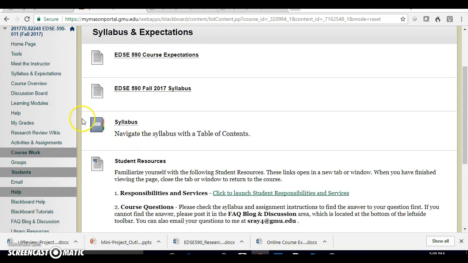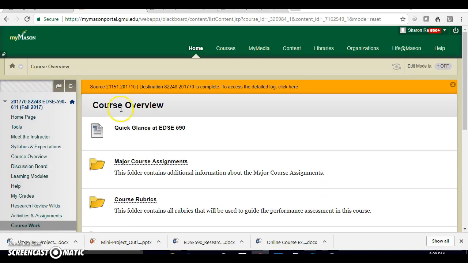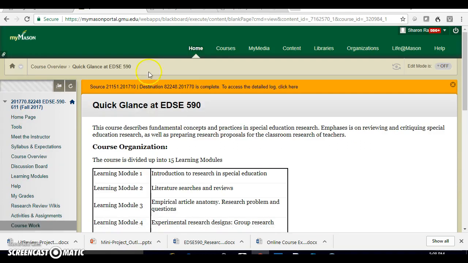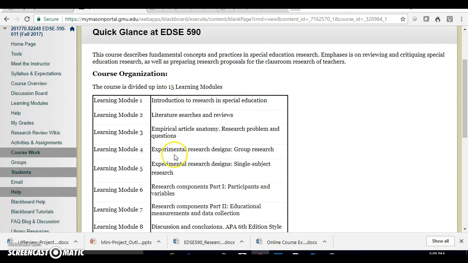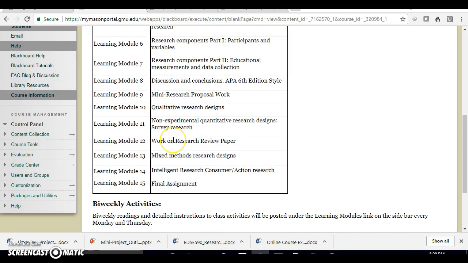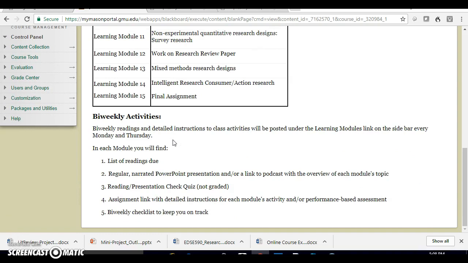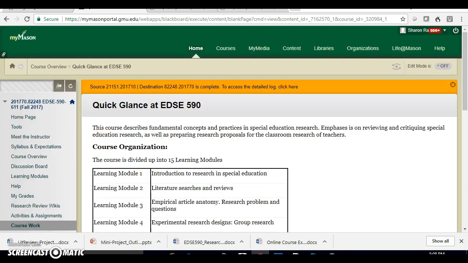Now, beyond the syllabus and expectations, we have the course overview page here. If you go in here, the course overview gives you a very short version of all the learning modules and their titles basically, and then tells you what to expect in general, what types of things you can find in each learning module in terms of work. After that first tab,